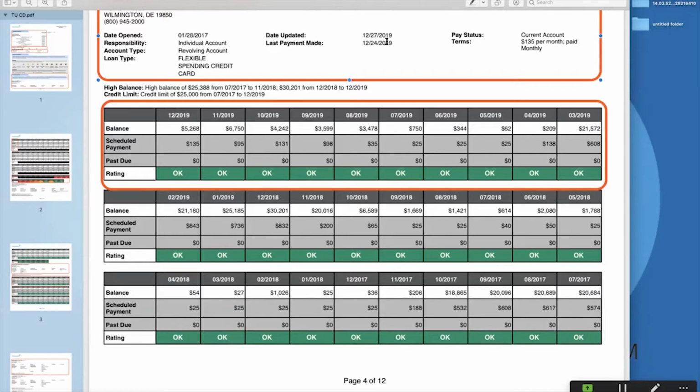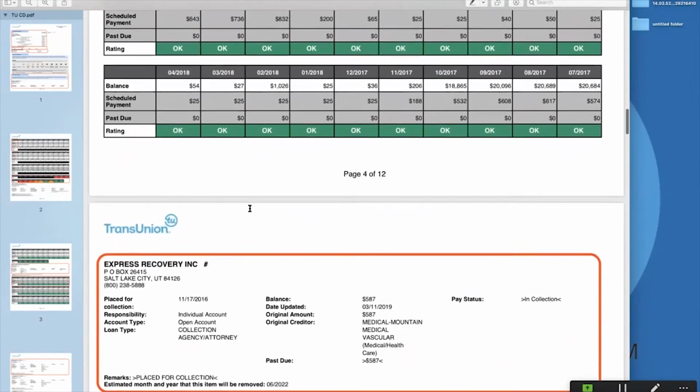The underwriting software that lenders use is going to look and see when was it due, and when was the last payment made. All right. And you can see month by month, all of these are given across, etc.